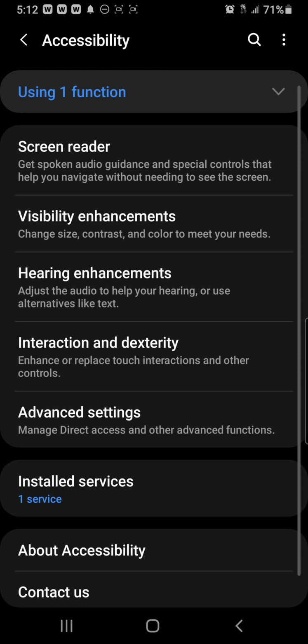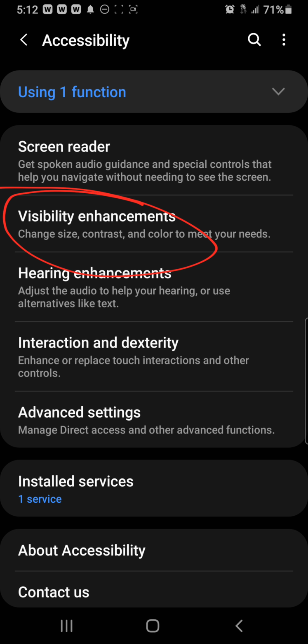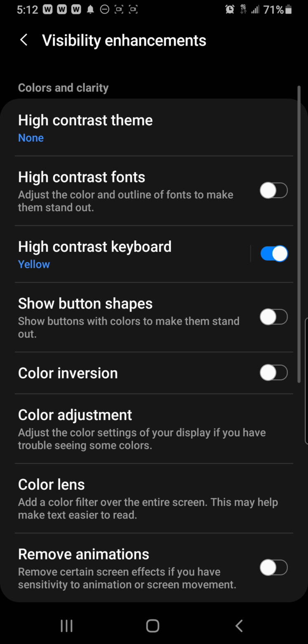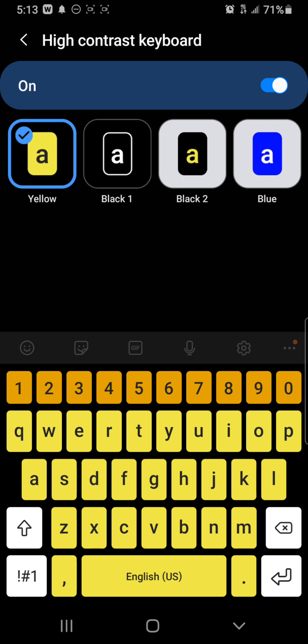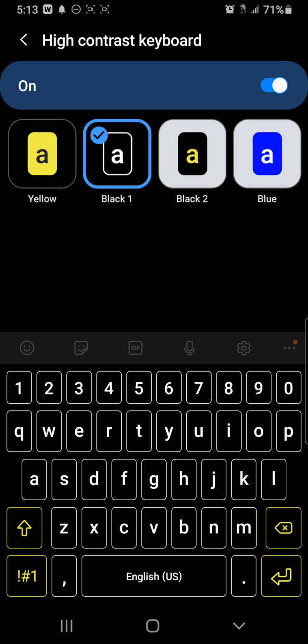Hit that. And then you're looking for visibility enhancements. Change size, contrast, color to meet your needs. All right, so click on that, and then you're looking for the high contrast keyboard. That's right here, high contrast keyboard. So mine's on yellow, but if you click on that, you can see there's yellow, there's black one, which is basically white and yellow for the special function keys down here